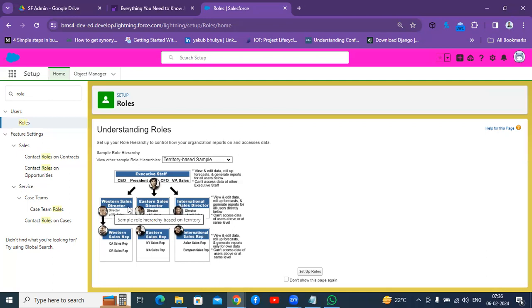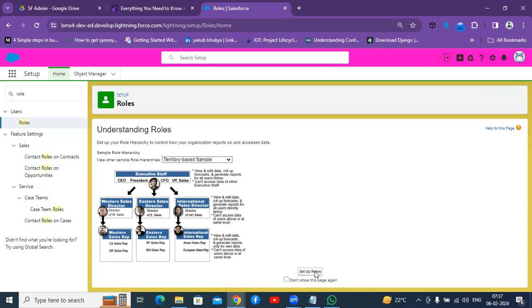So though object level security is private, OWD is private, the higher level people are still able to access the records. That's why, while providing access in sharing rules or anywhere, you will see roles and role subordinates, whether they can see or not, and for which role of people you want to do that. And you may get another doubt: from where can we set up these roles and role hierarchies? While creating a profile itself, we have to do that.